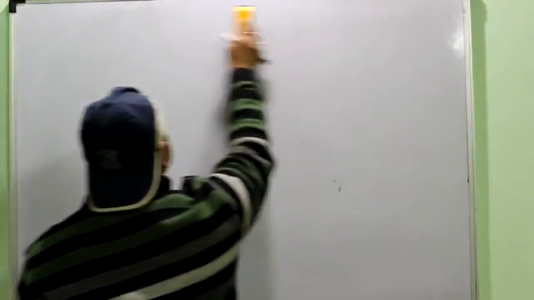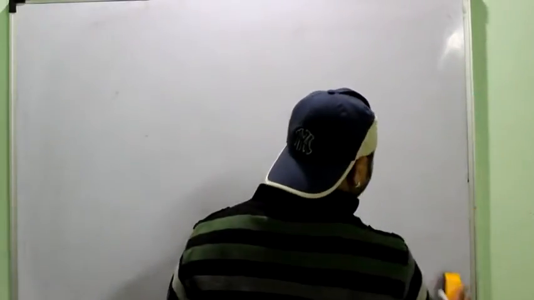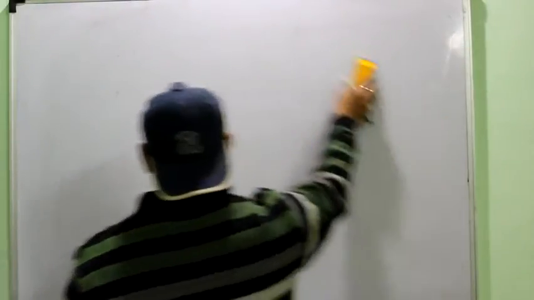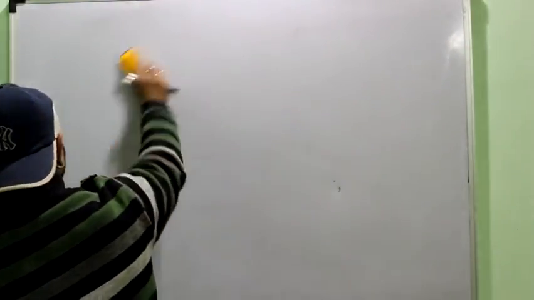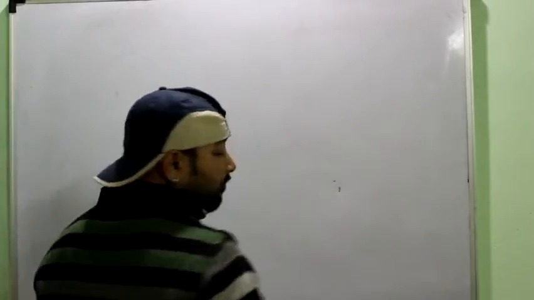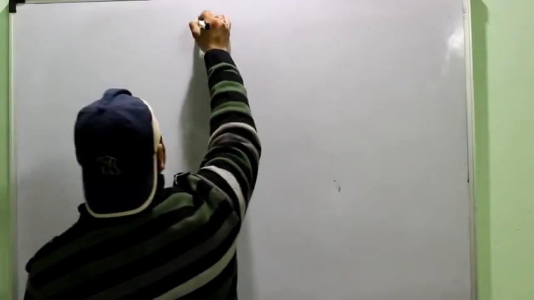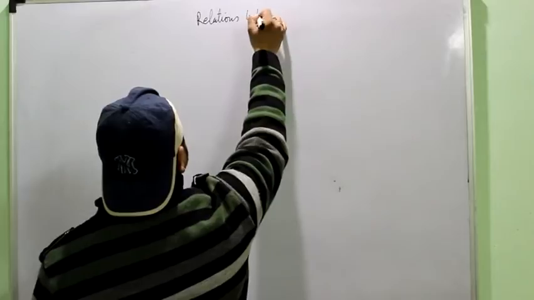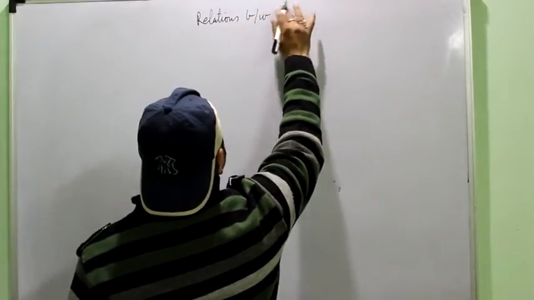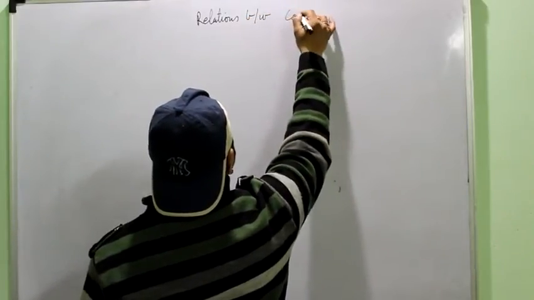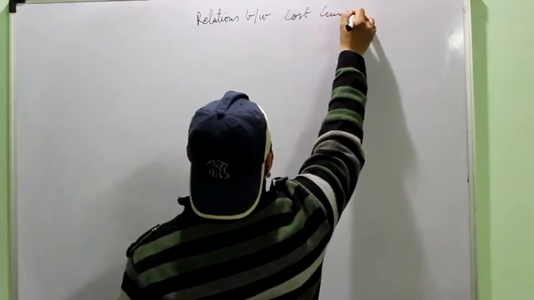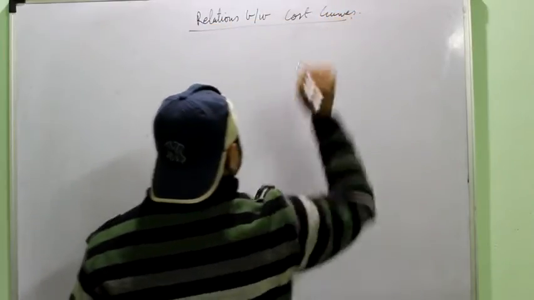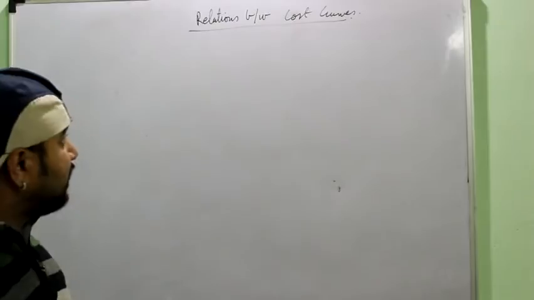See, now after studying these various curves individually, first you should go through all these curves and make sure that you know the individual behavior of these curves, because for understanding the next topic, that is the relation between the various curves. Between the cost curves. So we have to study a few relations.